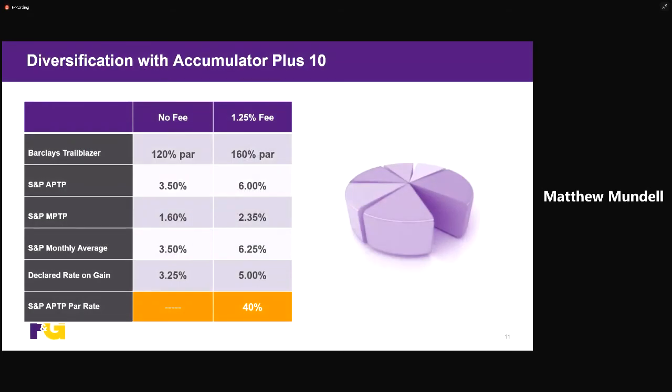So I want to talk about the participation rates on the Accumulator Plus. We'll talk about this Barclays Trailblazer, which is the flagship index for us. Moving forward, our client has an option here. On the left-hand side, you'll see what we currently offer for a no fee option, so the client doesn't pay anything. They just get whatever you see there. And on the right-hand side, you'll see 1.25% fee options. What that is on the Barclays Trailblazer, I should say it's a 2-year strategy. What that would be, excuse me, is